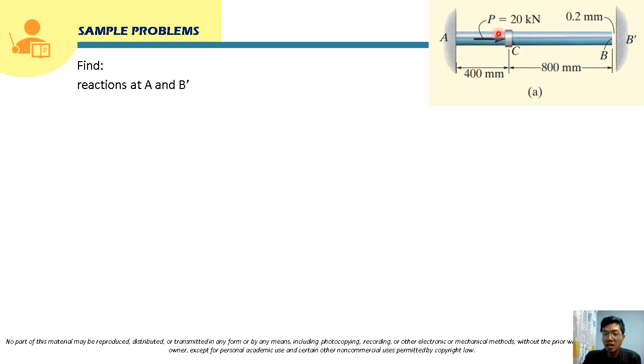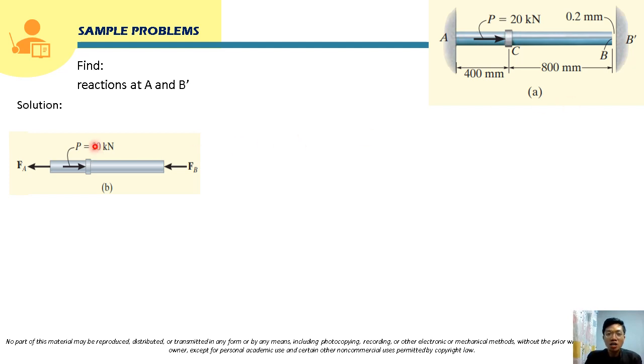But after the application of this load P, which is equal to 20 kilonewton, this will cause this bar to elongate, and this will cause this end B to touch this wall. So that will be our assumption: that after application of this load P, this bar will elongate and this end B will touch B prime. And if this touches this wall, there will be a reaction here. So to solve this, class, we have to generate first the equilibrium equation here from the